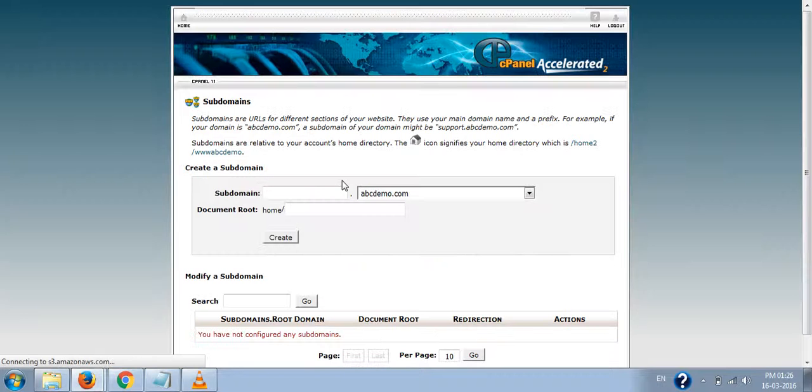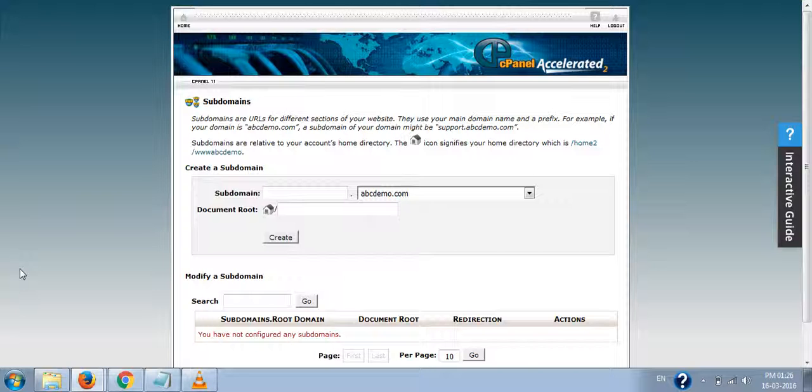So if you want to create a subdomain on your website, subdomains are treated as a different website by search engines. Say you have a website, abcd.com, and this website is available in India, in the US, and in Australia. You want the search engine to understand that this is the Indian website, this is the Australian website, and this is the US related website. There is different content on these three sections of the website.